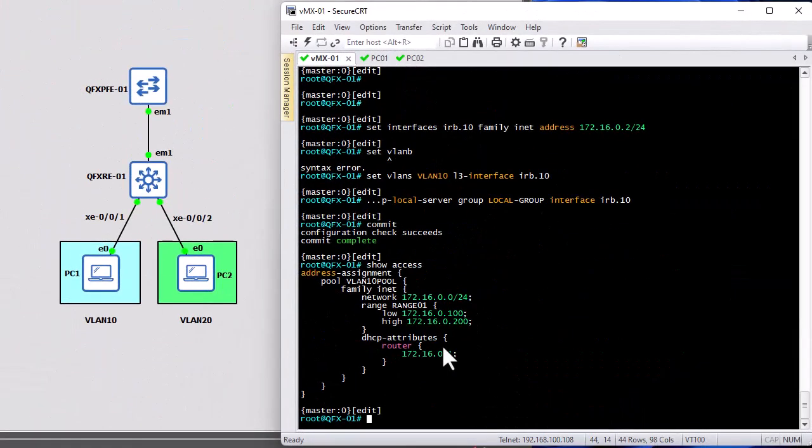So that was just a brief video to show you how to configure a Juniper switch, in this case, as a DHCP server to your devices in your LAN network. As always, I hope it has been informative for you,